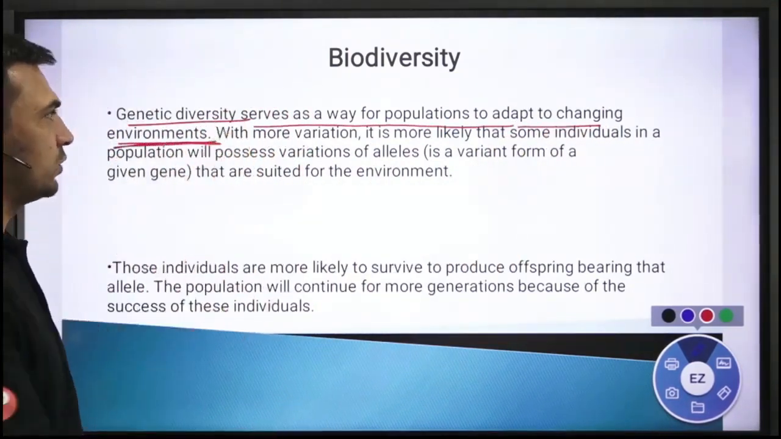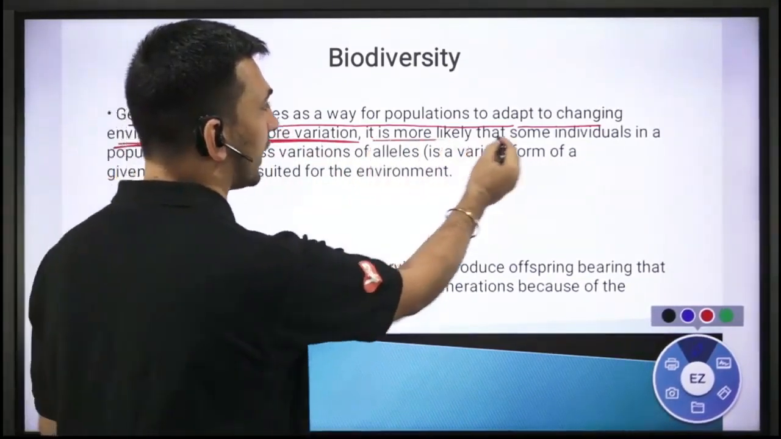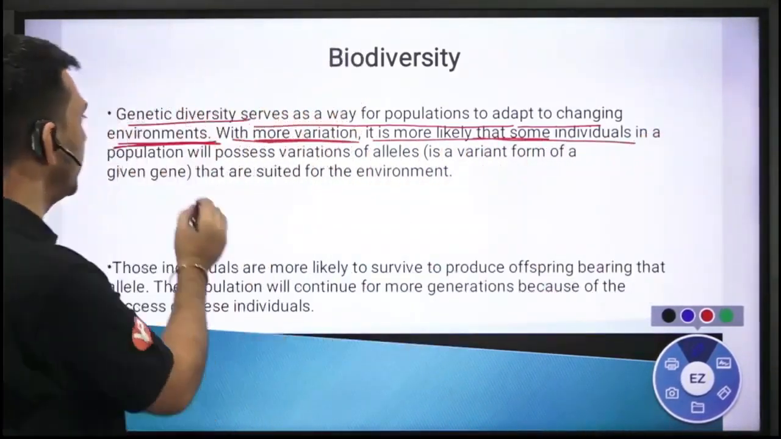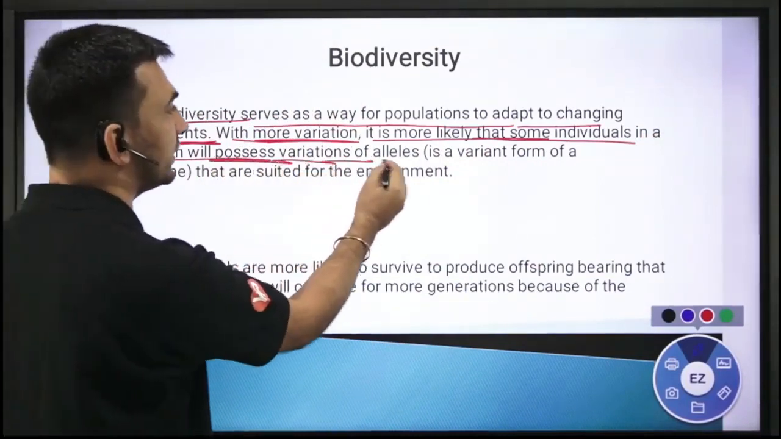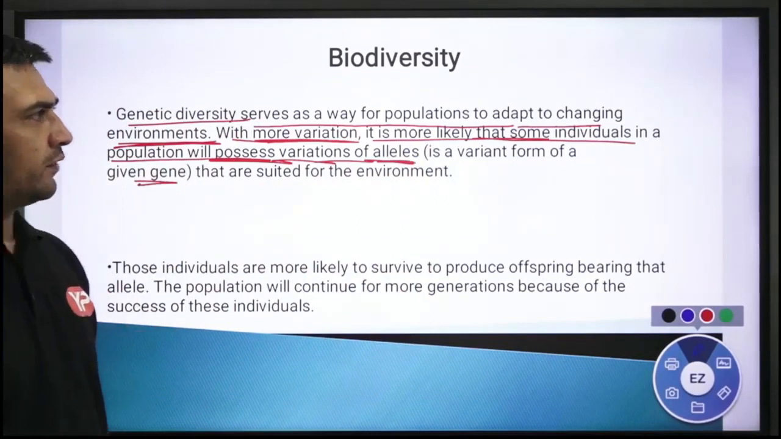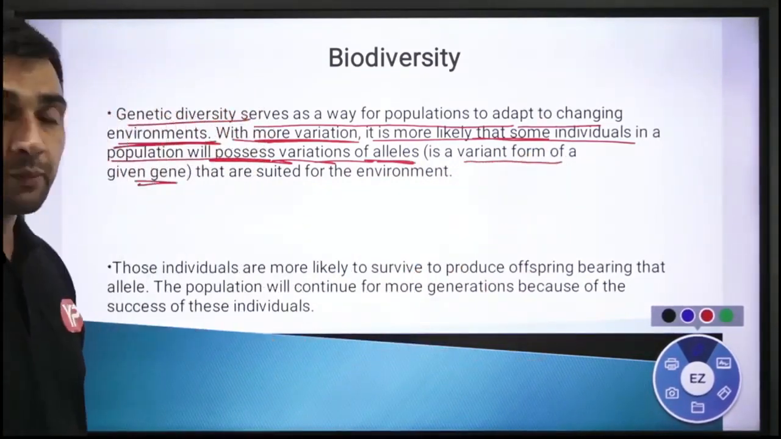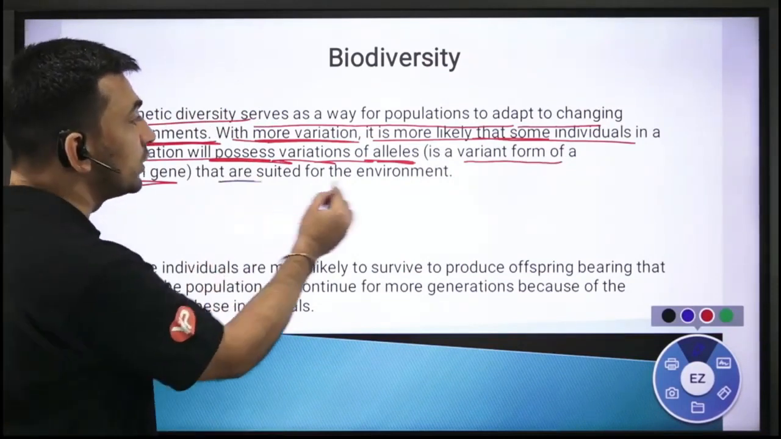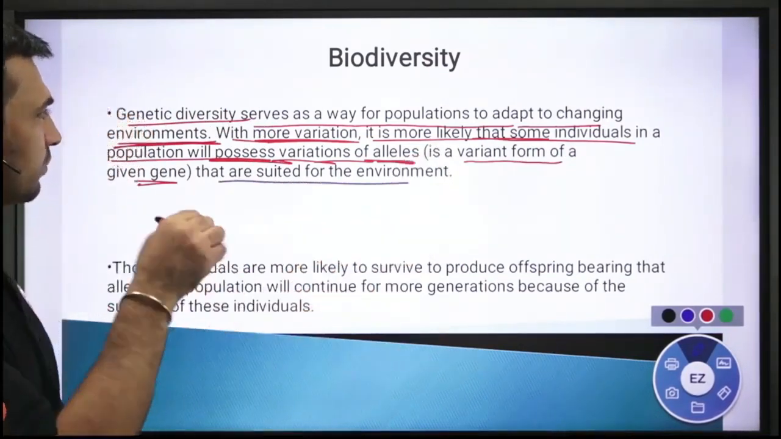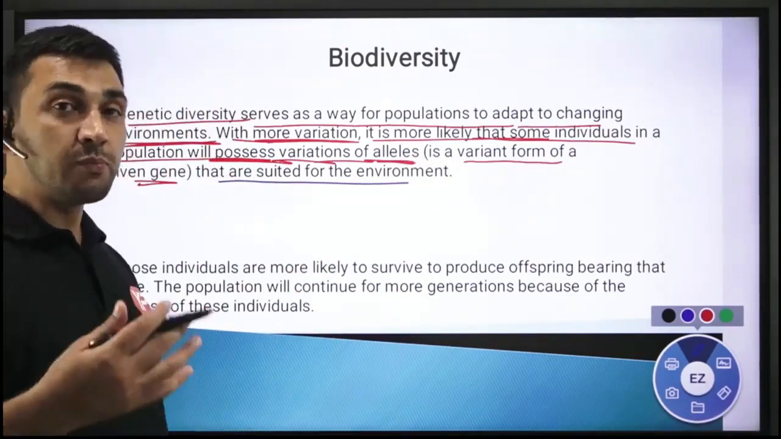अगर environment change होता है with more variations, different types of अगर हैं, it is more likely, possibility है that some of the individuals in that population will possess variation in alleles. Alleles basically is a form of genes ही है, a variant form, मतलब a different form of like genes को we call them alleles, right? That are suited to that environment. तो हो सकता है कि some of them may possess those kind of like genes